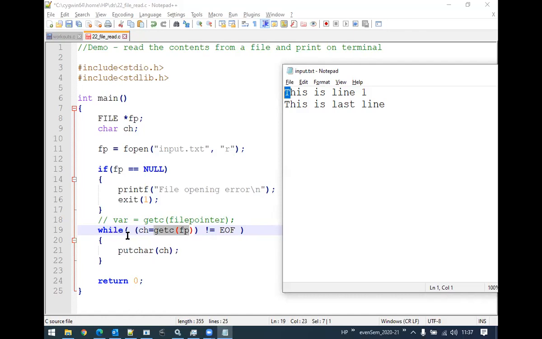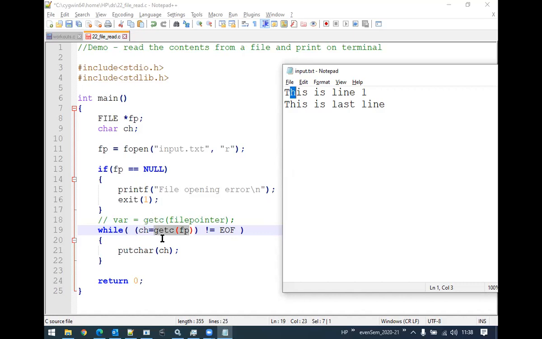Okay. Now, since it is a while loop, after this statement is executed, again it will come back to the condition. So in the condition, what we have again? The first statement is what? Again a getc. Now the feature of this getc is what? Once it reads the character, next time it is going to read the next character. So the next character is what? H. So now getc will read the character H, and that H will get stored into ch.